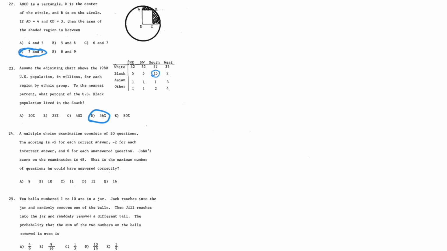Number 24. A multiple choice examination consists of 20 questions. The scoring is +5 for each correct answer, -2 for each incorrect answer, and 0 for each unanswered question. John's score on the examination is 48. What is the maximum number of questions he could have answered correctly? Let x represent the correct problems and y the wrong problems. The correct problems get 5 points, 5x. The wrong problems get minus 2, so minus 2y